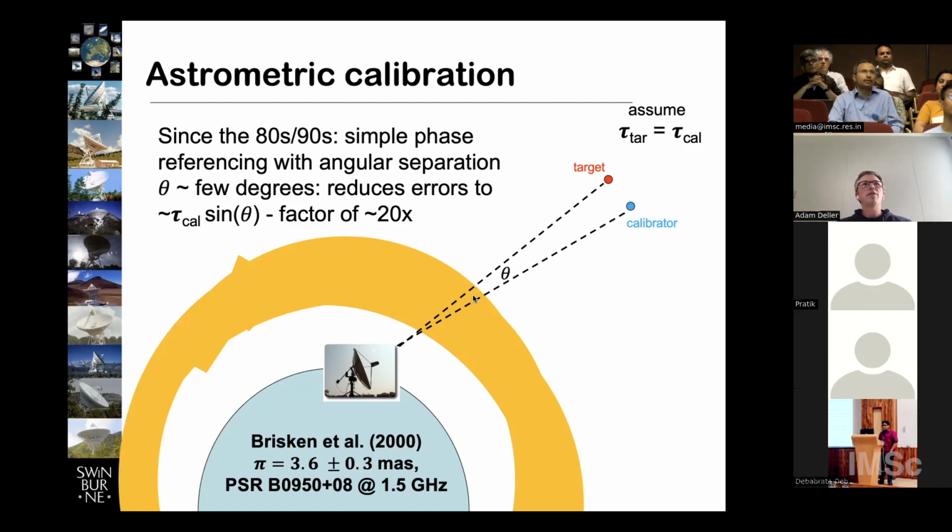So you can do that if you make an image of the sky without applying any calibration, but it'll look like a big mess. And you could try and infer the position and the calibration errors from that directly, but there's a circular reasoning going on there. There's no unique solution, basically.